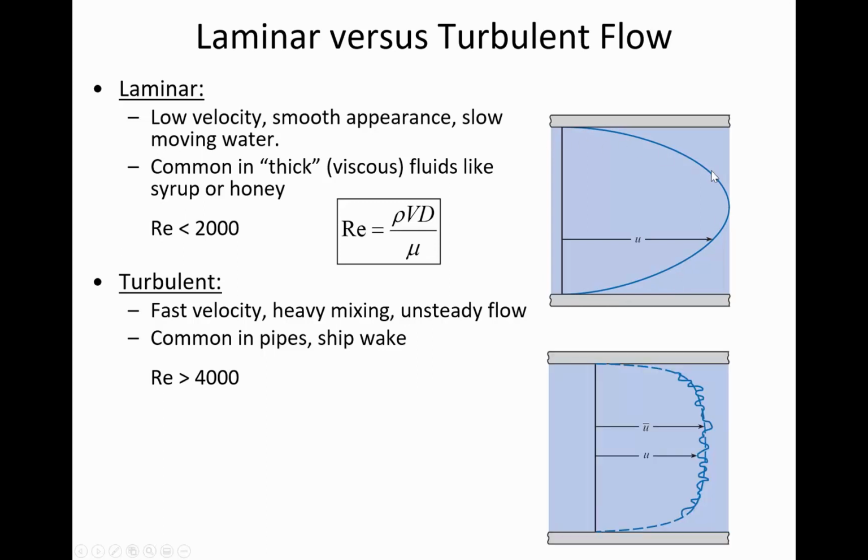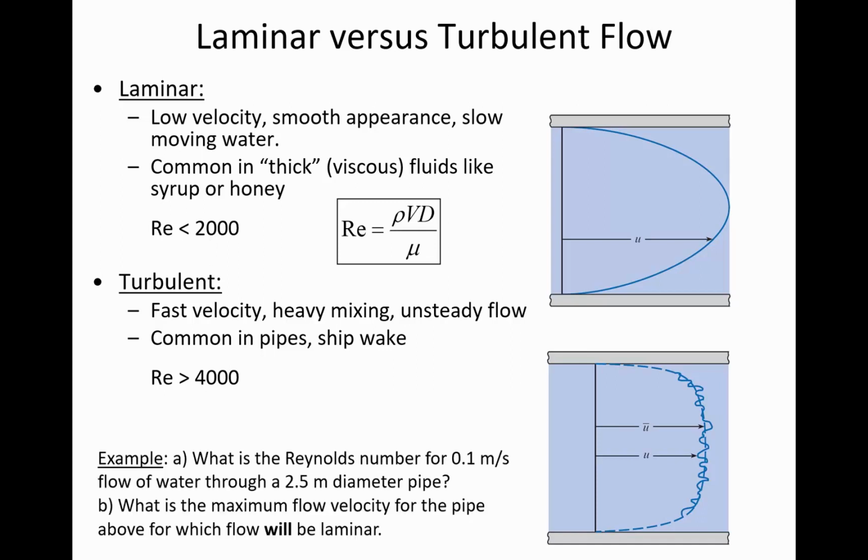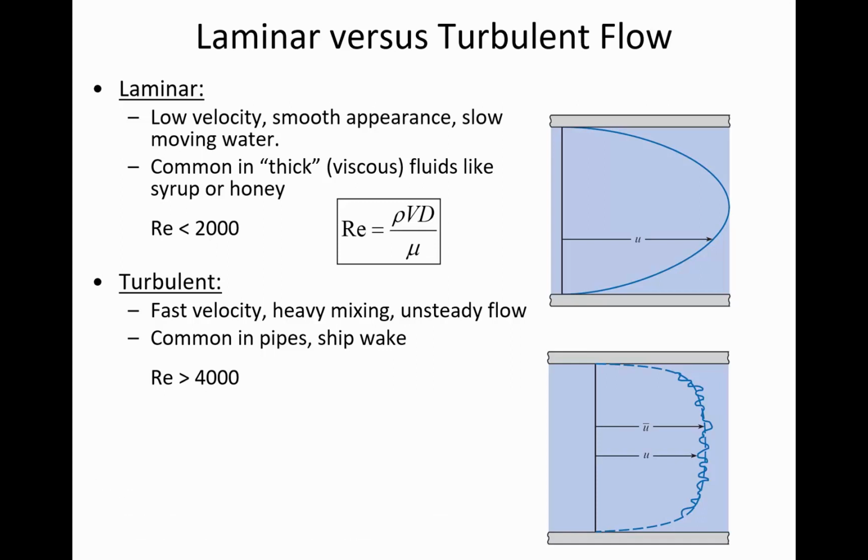In the case of turbulent flow, though, there's so much random movement and mixing that rather than a nice smooth velocity profile, it's kind of jagged and uneven and turbulent. So that is with a Reynolds number greater than 4,000. And so there's kind of a middle zone between 2,000 and 4,000. We call it transition flow. And transition flow sometimes is laminar, sometimes is turbulent. It depends on the circumstances, and it